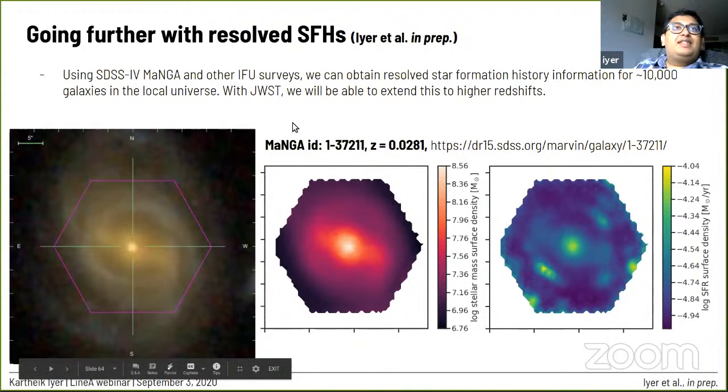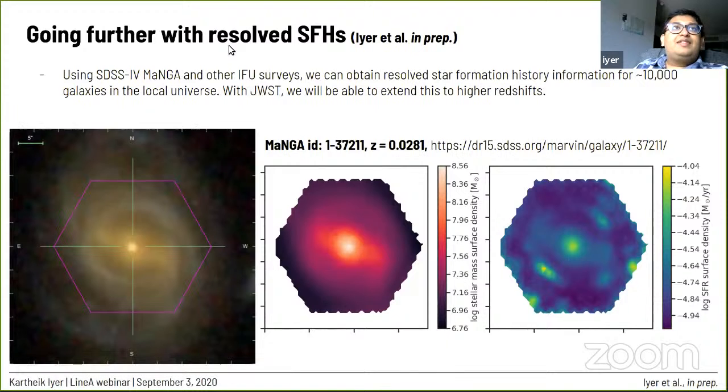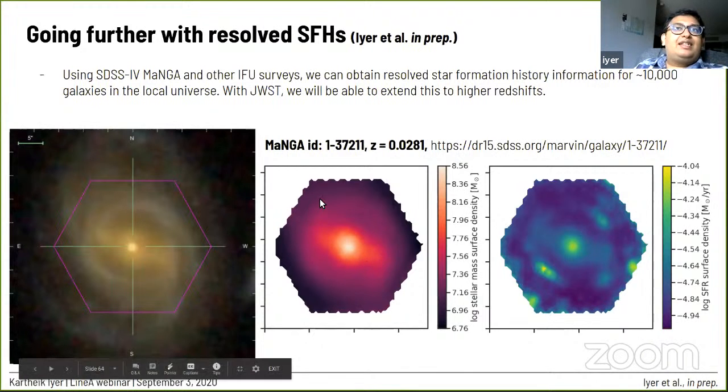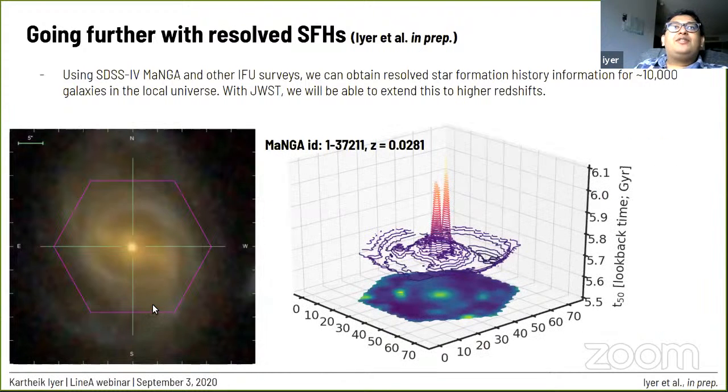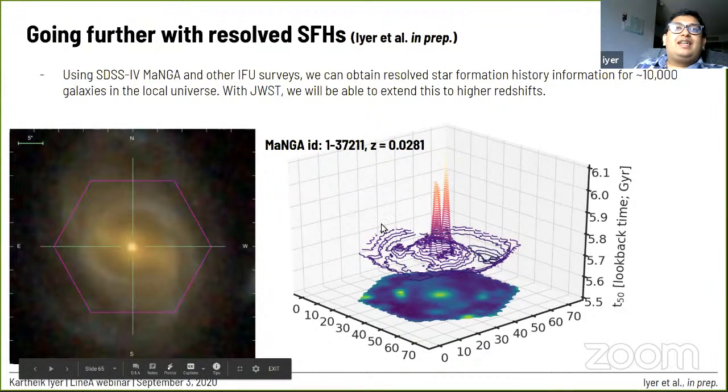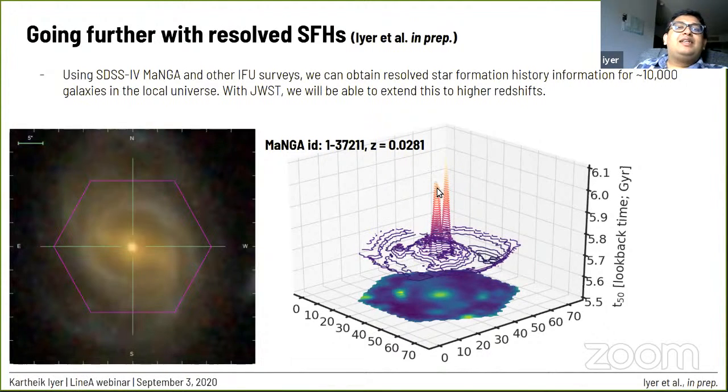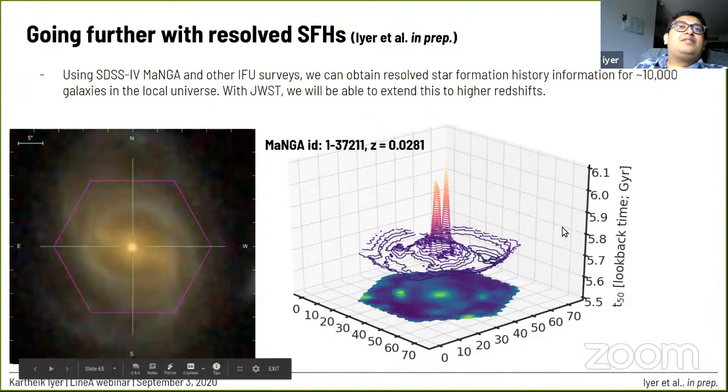But with upcoming surveys and surveys like SDSS MaNGA that allow us to get resolved observations, we can extend this one step further and see what's happening within galaxies. So in addition to stellar mass and star formation rate surface density plots that you can get from SED fitting of, for example, this galaxy, you can also extend it to get a profile of the T50, for example. So the age or the half mass time for every part of this galaxy, and see how the bulge is much older, and then quantify the time scales on which the bulge versus the bar versus the disk are forming.